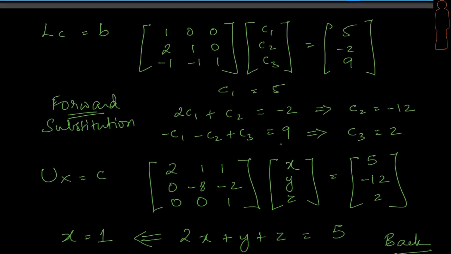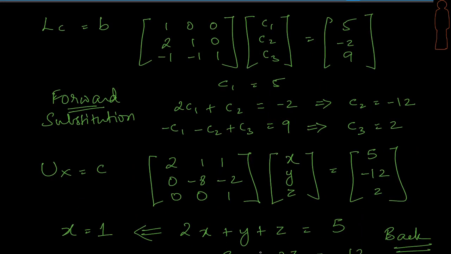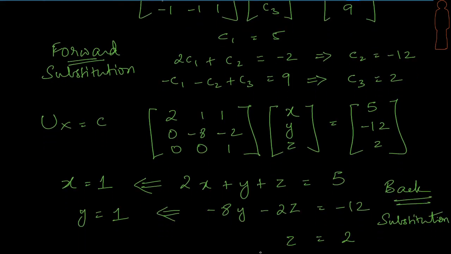So let us look at that part. Here it is with Ux equal to C. What would happen with this? This is an upper triangular matrix, and therefore again you are going to get equations of this form where we are able to see the solution for the last equation straight, right? And we can use our well-known back substitution and figure out the answers, right?